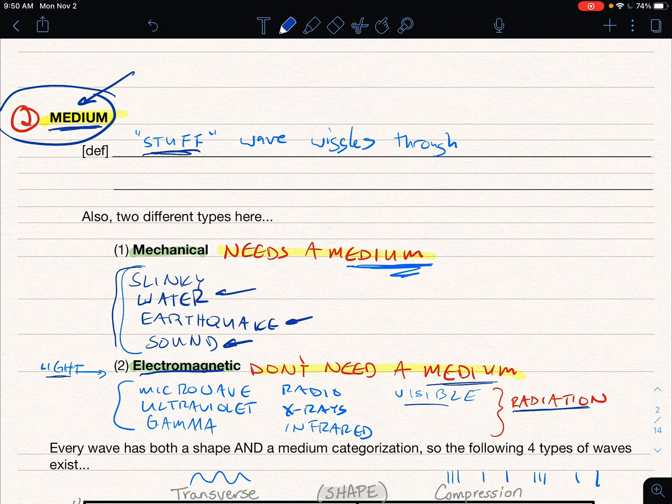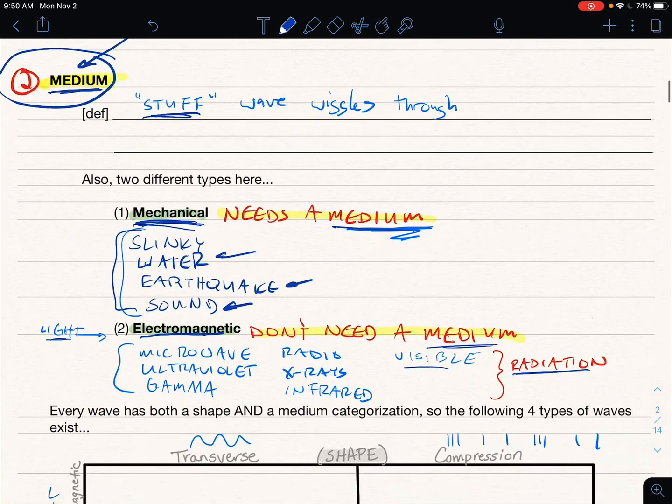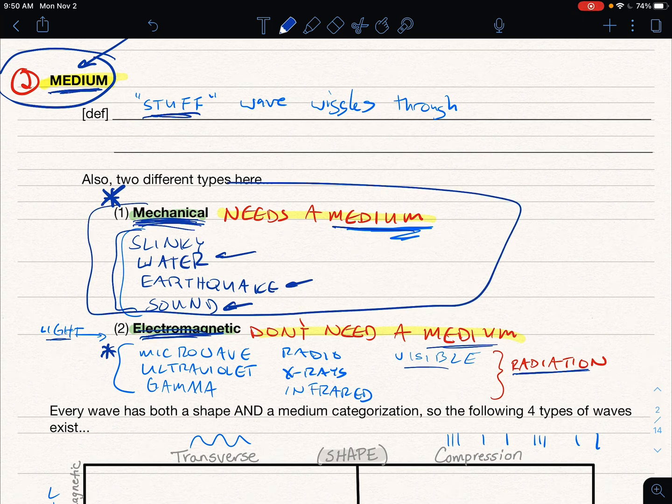Every other type of wave that we're going to care about that does need a medium is going to be known as what's called a mechanical wave. So we're going to split waves up into either compressional or transverse, and we're going to split waves up either into mechanical or electromagnetic. This is the unit that we're going to study for the next couple weeks. This is going to be unit 4. This is what we're going to do later. So for the next couple weeks, these are the ones that we're going to care about, and these are the ones that we're going to process right here.